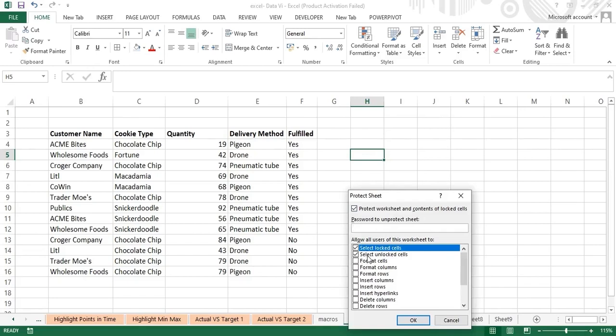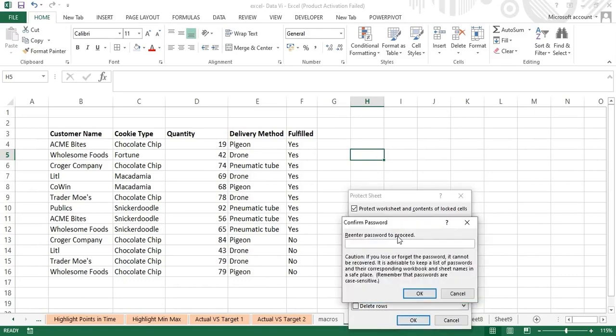If you click on protect sheet, there are options if you want to select unlocked cells, and also format cells, inserting rows, inserting columns, insert or delete. You can give this access to the user. First thing, you need to add a password. Just remember, add an easy password, don't make it complicated so you can remember it easily. Just click OK,